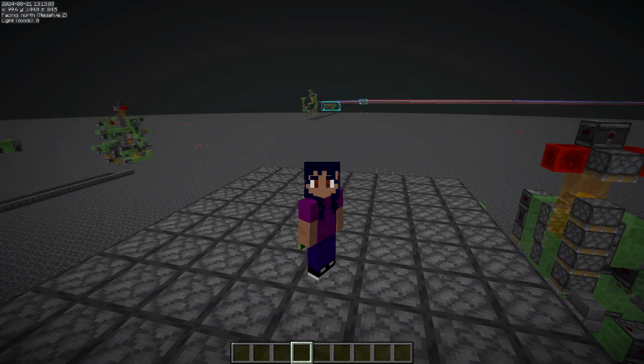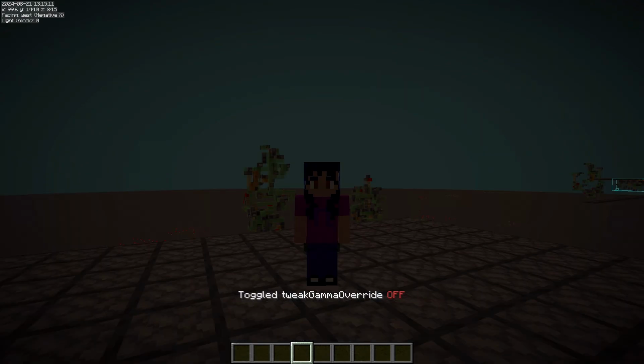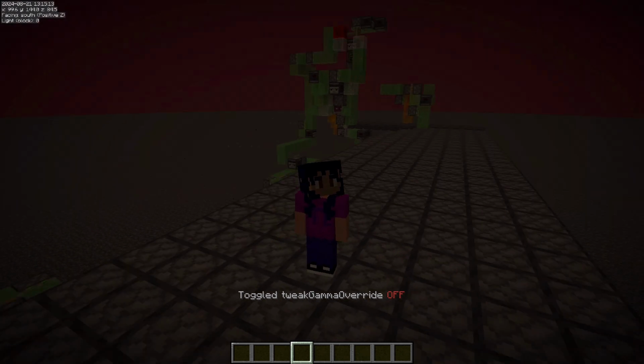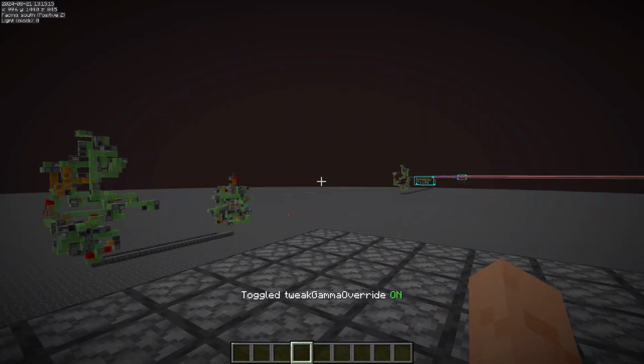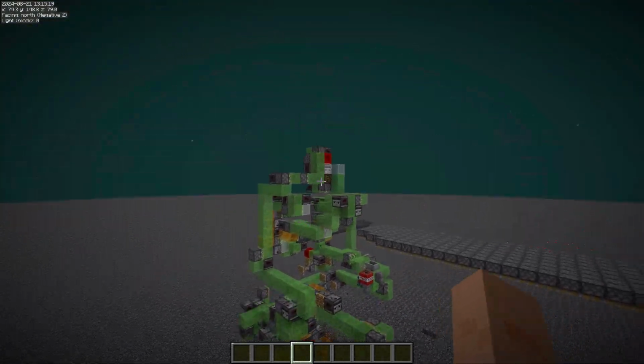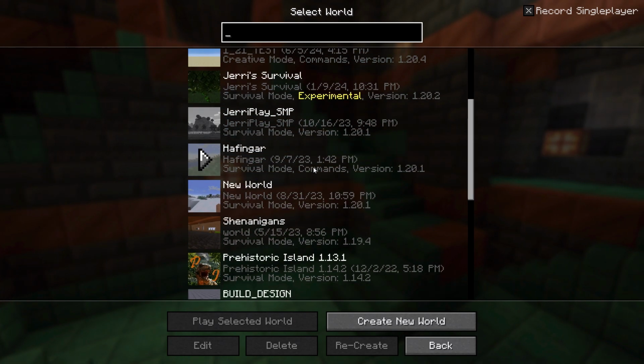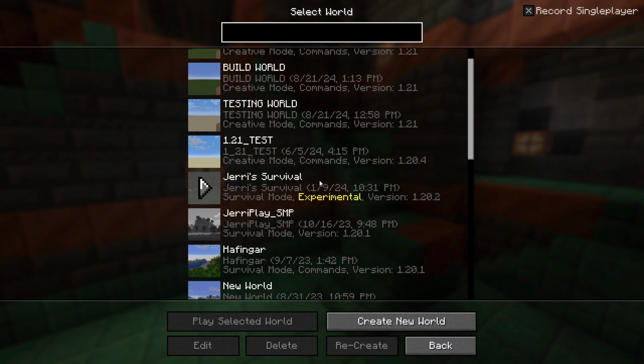Obviously during creative mode, you can also do the give effect, but just having Tweakaroo as a quick hotkey that I can turn on and off significantly helps the building process, as well as the creative design when it comes to big redstone contraptions like that. If we go back to our main menu, you'll see that I have a whole slew of worlds